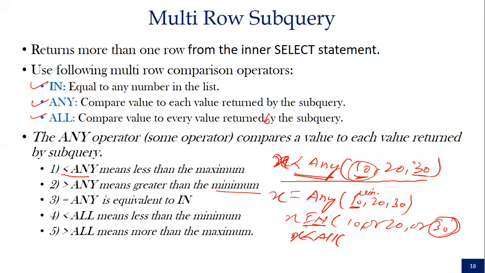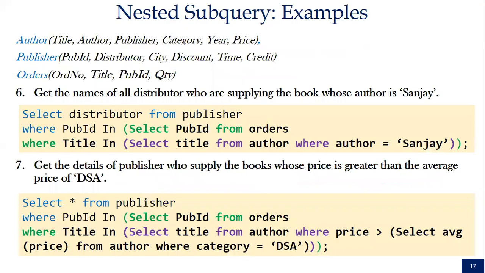Okay, so you can see one example of the nested query. Nested query means a query inside a query. Just like a nested for loop, here we have a nested subquery. I have written one query here, and inside this query I wrote another query. That's why it is called a nested query. So you can see one example where you can utilize IN, ANY, ALL operators to fetch multiple rows or compare multiple values.